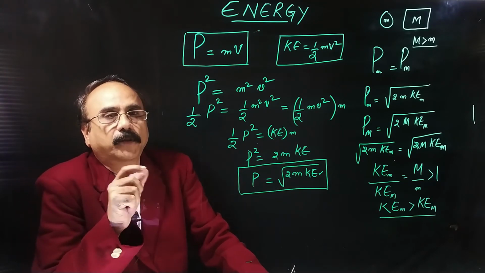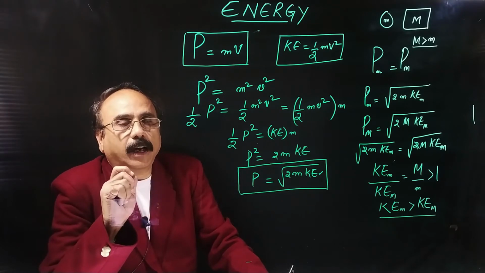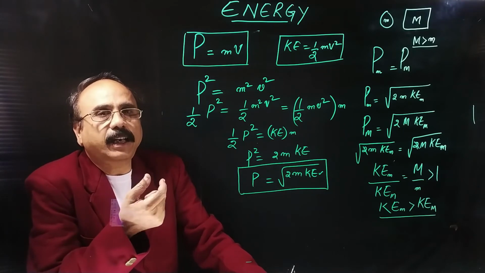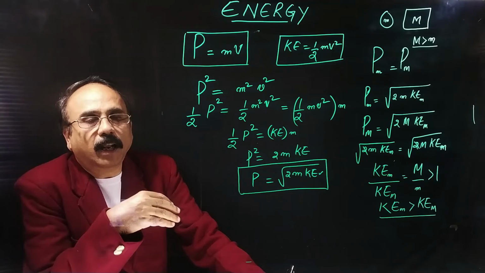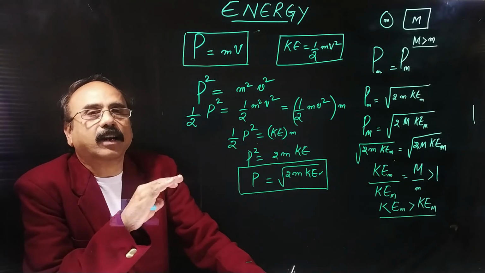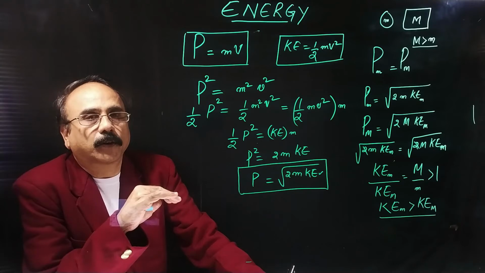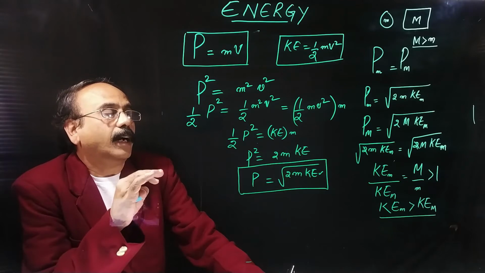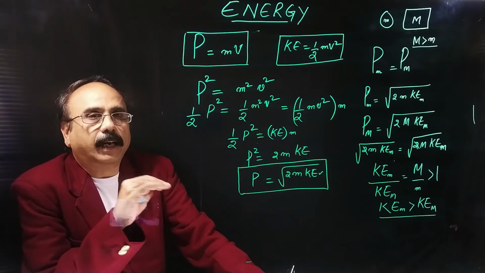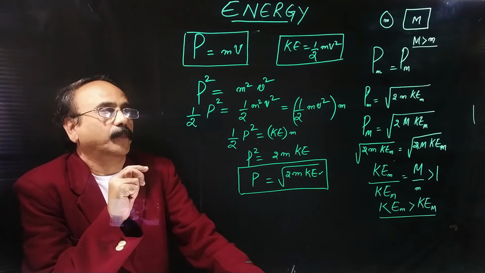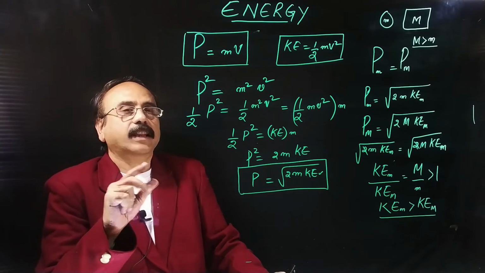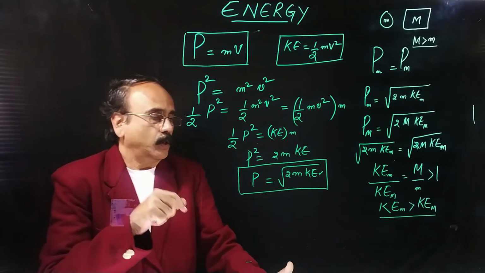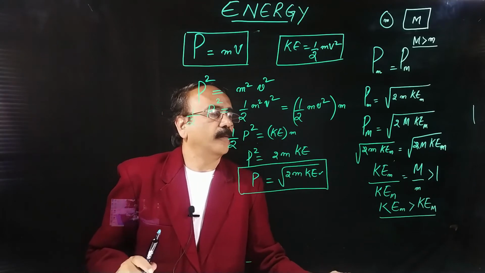Now in the same question, it can be asked, suppose these two maintain the same kinetic energy. That is, if the smaller mass and the heavier mass both have the same kinetic energy, it's quite possible, if you increase the speed of the smaller mass in such a way that mv square remains the same for both. Anyway, half is constant in both cases. So in that case, which one will have greater momentum? Previously we were given that momentum is the same, now the kinetic energy is the same. Then what happens? Again we will make use of the same formula.